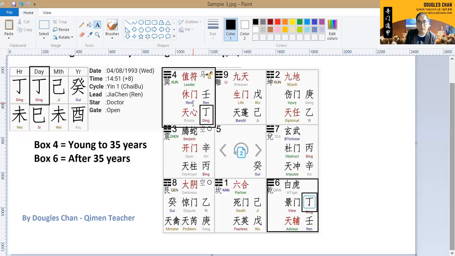So it's, I would say, a character which is not so fantastic. However, if you're able to manage it, it should be pretty okay. So this is based on a Fan Yin chart for Qi Men Dun Jia. So let us look further at the